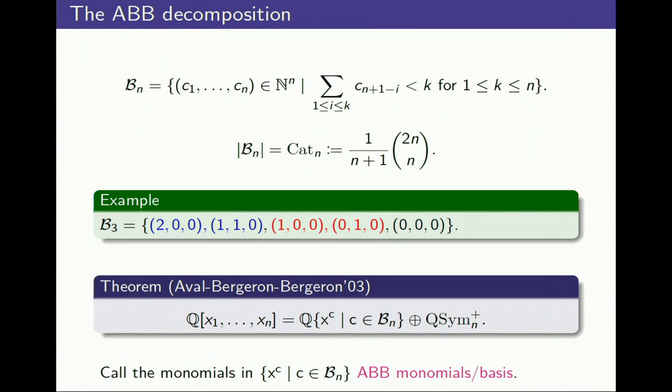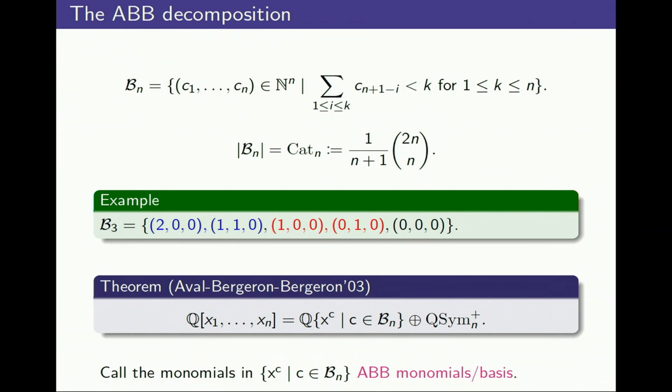So this is 5 for Catalan 3. And the decomposition theorem says the polynomial ring splits into two pieces: one, the ideal of quasisymmetric polynomials, and then there's a piece that is Catalan dimensional, and it's spanned by the monomials corresponding to these guys. Okay? So C is supposed to be the exponent vector. So 2, 0, 0 will produce x1 squared, 1, 1, 0 will produce x1 x2, and so on. Okay? So already a nice picture in that this quotient is, as a vector space, Catalan dimensional. And this monomial basis is going to play a key role.